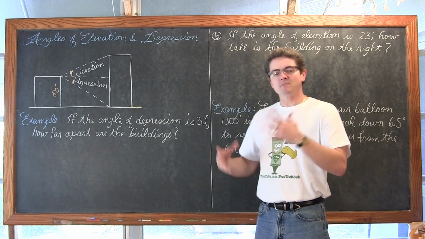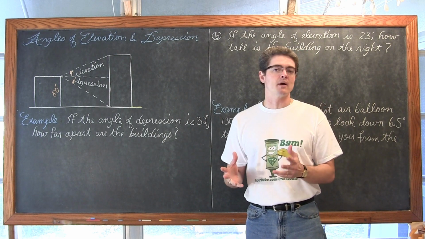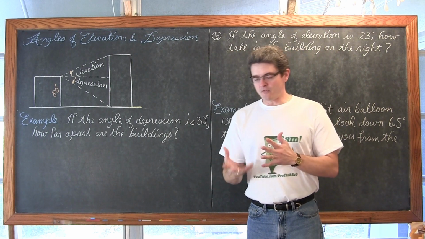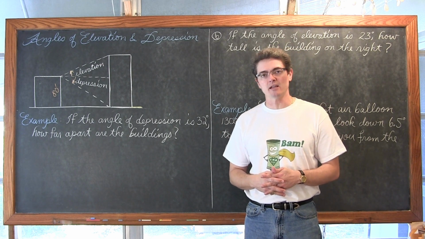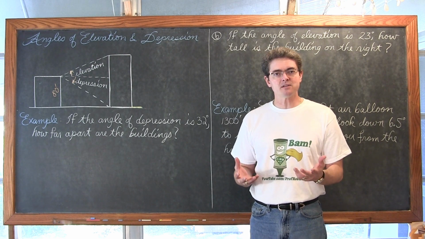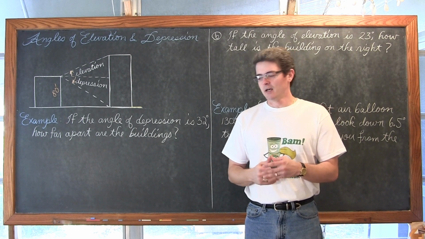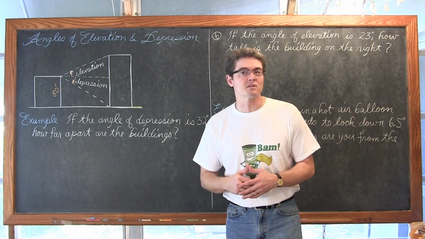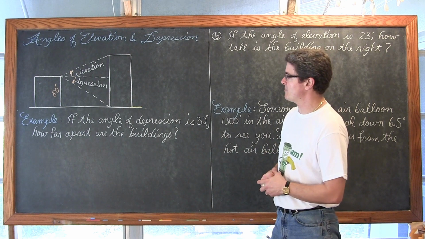Okay, so we've already been introduced to the basic sine, cosine, and tangent functions and worked a little bit with this right triangle trigonometry. We're just going to be doing 3 examples with varying levels of difficulty that deal with angles of elevation and depression. Now, I'm making these videos for honors geometry, and we come back to these videos in pre-calculus. So if you're in a pre-calculus level class, these examples should be helpful, but probably won't take care of the questions you have near the end of your assignment. They can get a bit more complicated than what we're going to do in this video with our 3 examples.